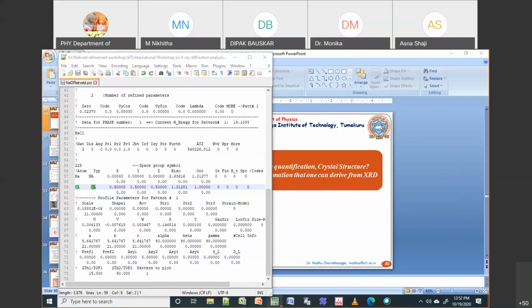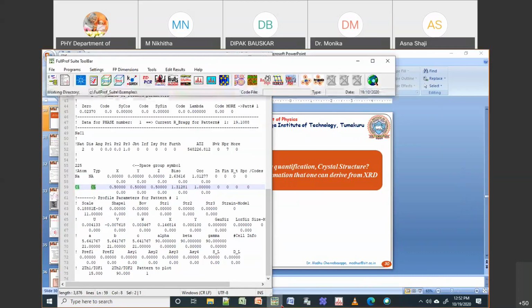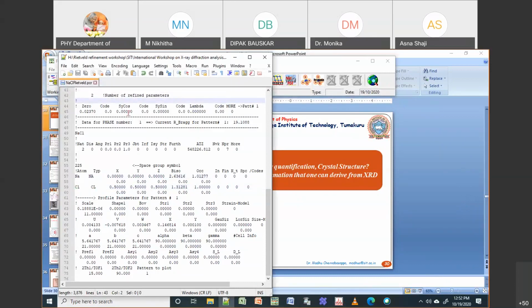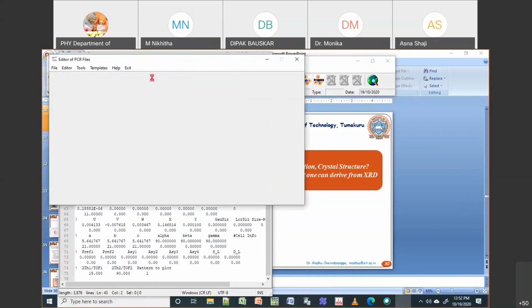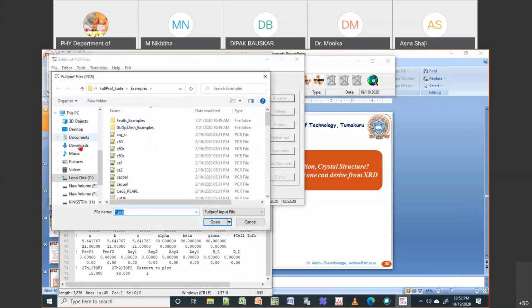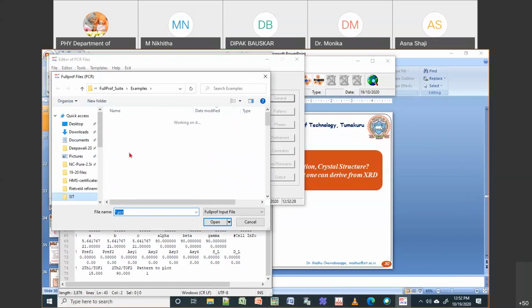If you want to do G Fourier, before that what you're supposed to do is Rietveld refinement, and then in the output file, if you go to EDPCR, you open your PCR file, the one you did for your Rietveld refinement, not the profile matching.